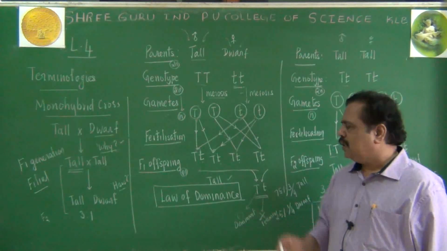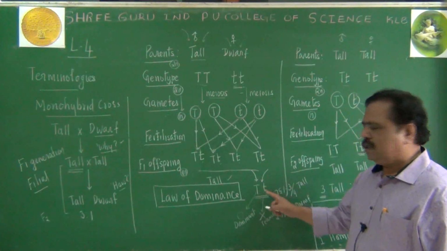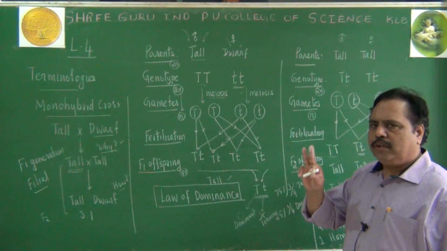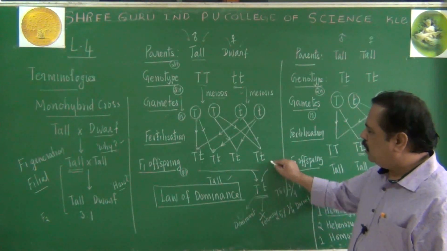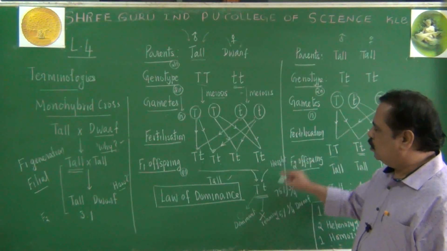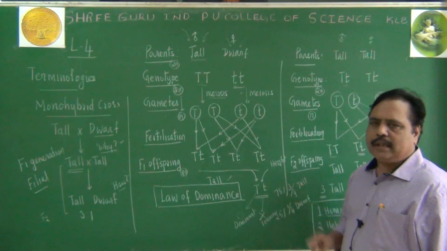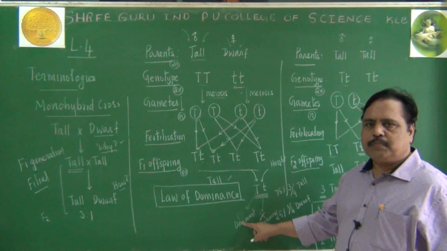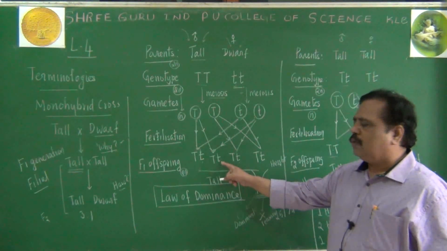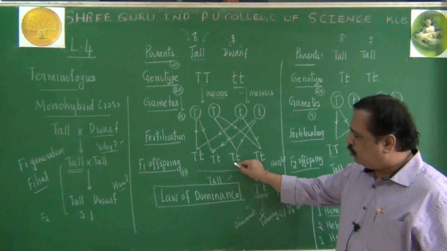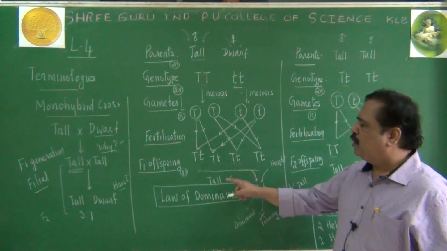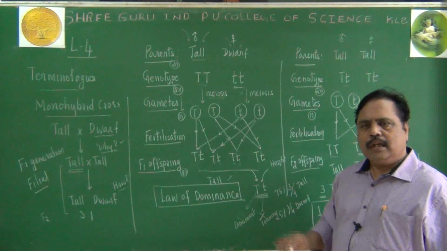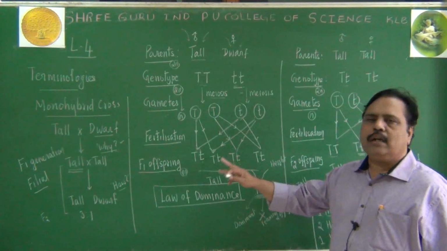Shall I repeat it? Listen here. When 2 different alleles of a particular character, capital T and small t are 2 different alleles. They belong to a particular character called height. So when 2 different alleles of a particular character are brought together in a hybrid, only one will be expressed morphologically and another one will be suppressed. You are getting both capital T and small t, but you will show only capital T. You will exhibit morphologically only tallness. Dwarfness is there, but it is not allowed to express.